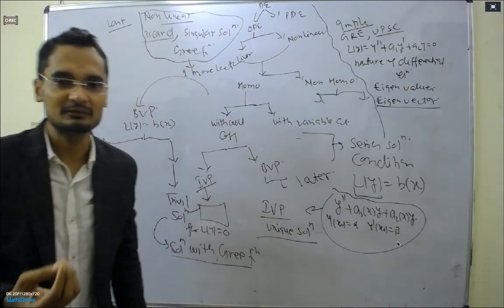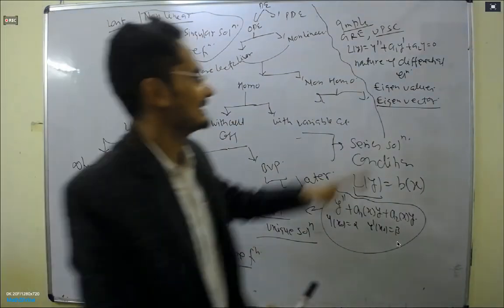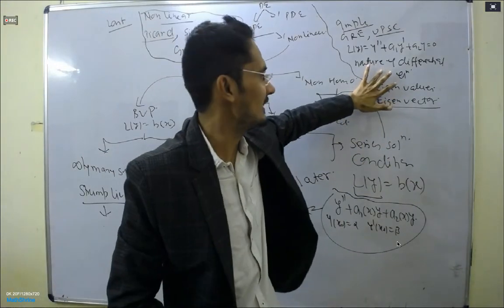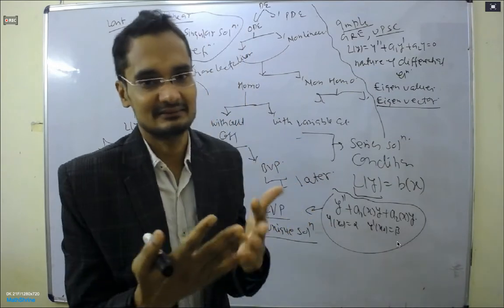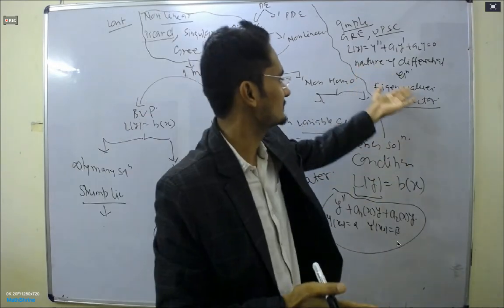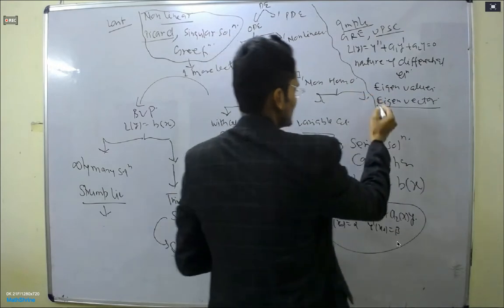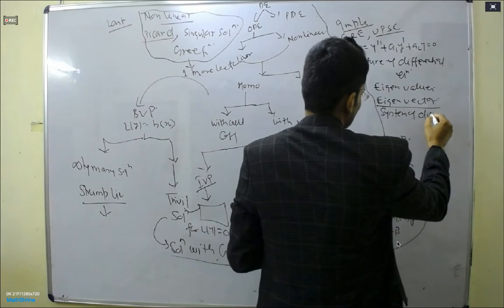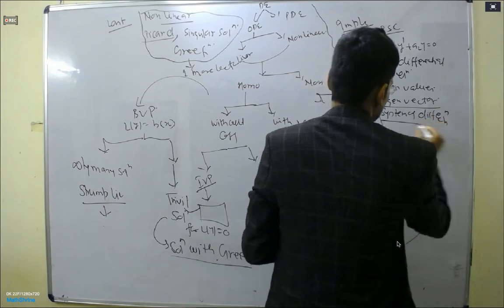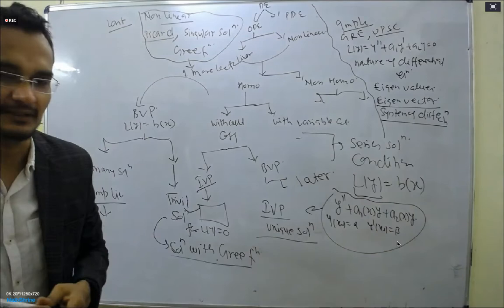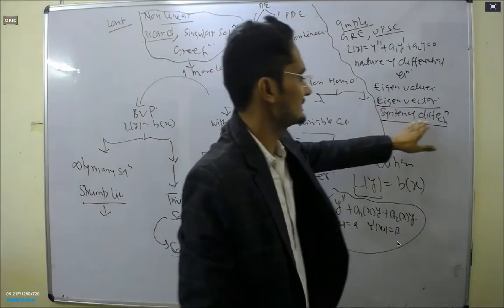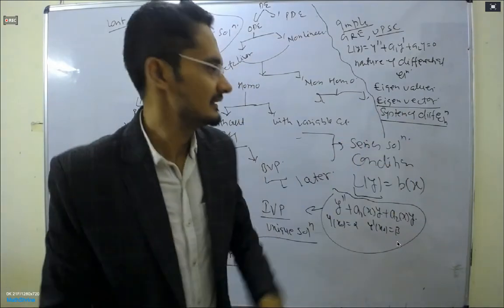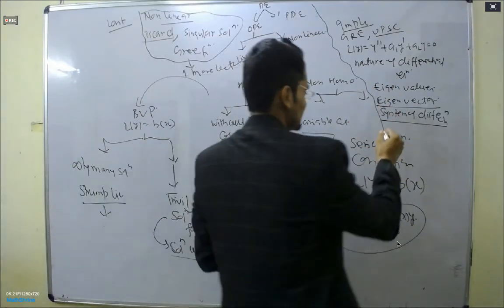And also one more thing, system of differential equation. Here, system means we have not one differential equation, we have a set of differential equations. Then we need to find the solution and also the nature. Nature of solution. Not only the nature of solution, here they will ask one more question, the stability of the solution.